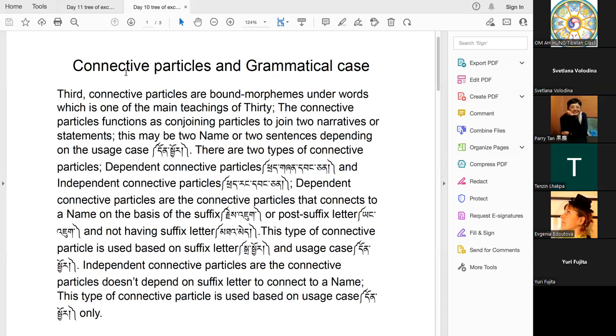So everything I'll make sure to write in one file,